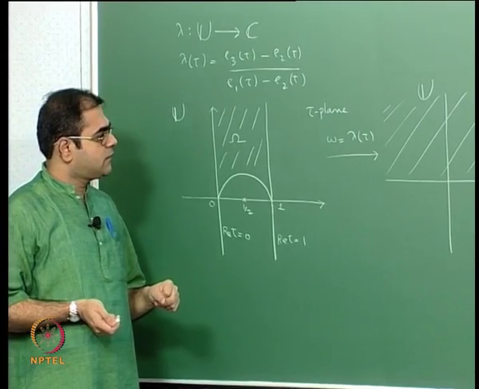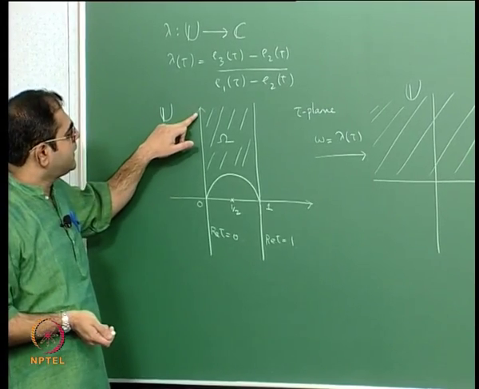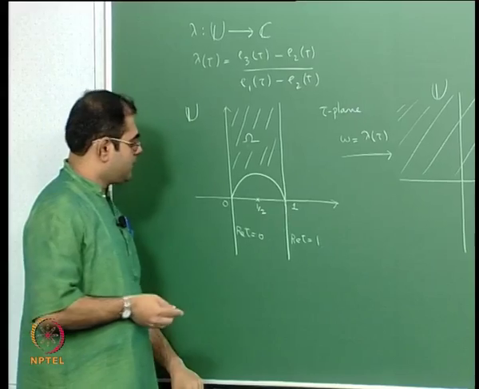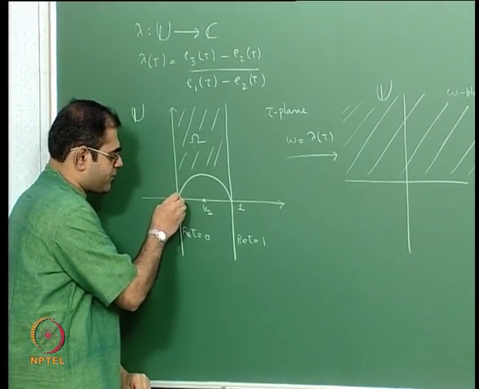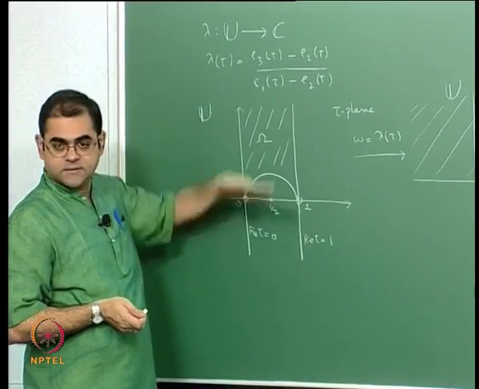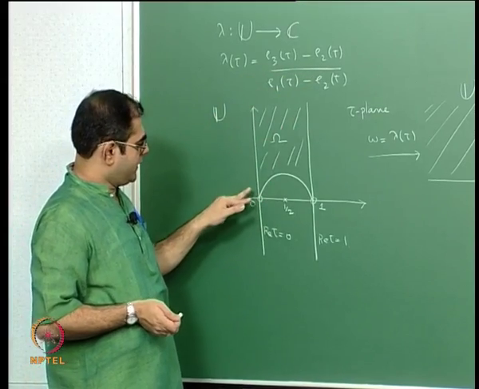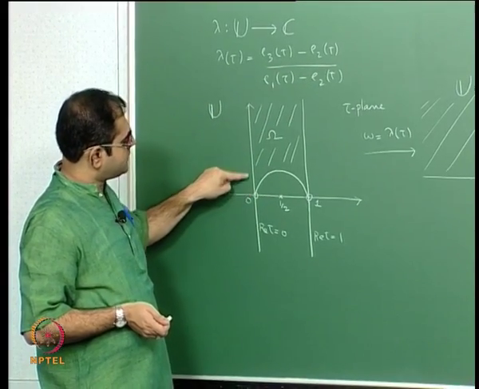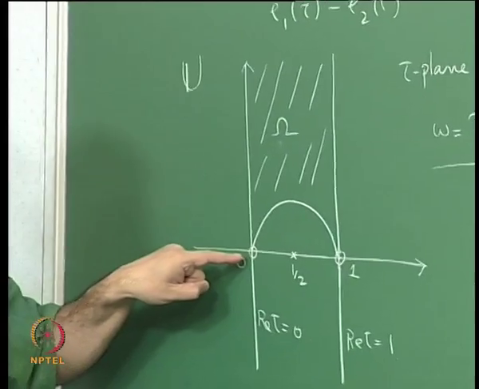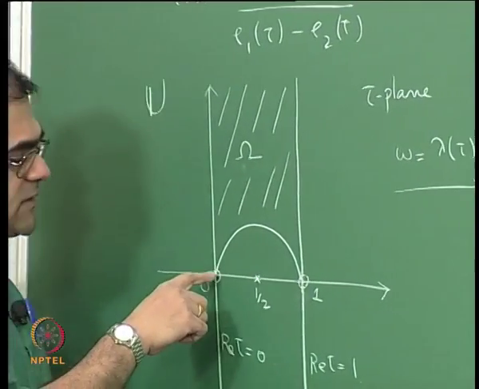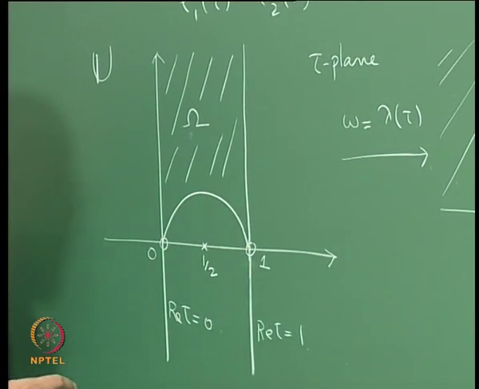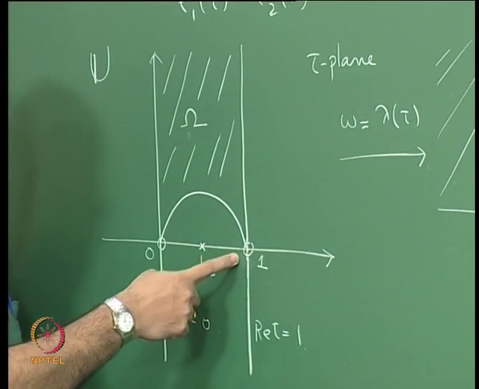So that is what we have to prove, and we started out in the previous lecture by proving that lambda is real on the boundary, okay. The problem with the boundary is only at these 2 points, at 0 and at 1, because lambda is anyway analytic on the upper half plane, so it's defined on the imaginary axis in the upper half plane. The problem is at 0. Similarly there is no problem along all the points of this semicircular arc, the problem is only at 0 here and at 1 there,